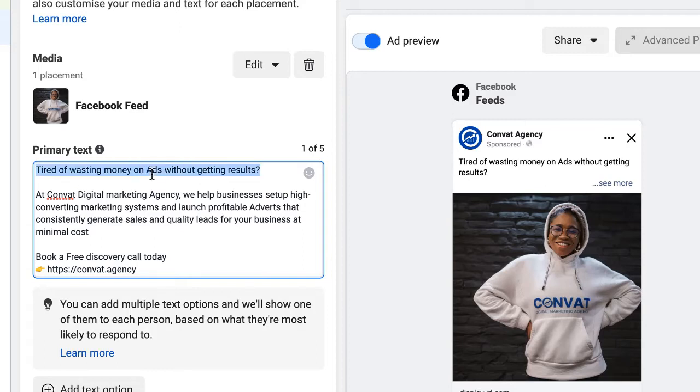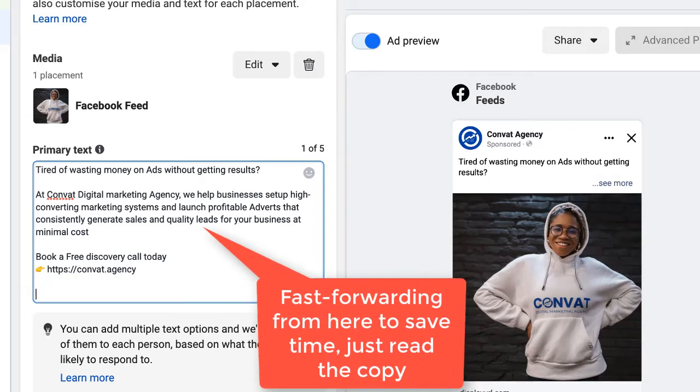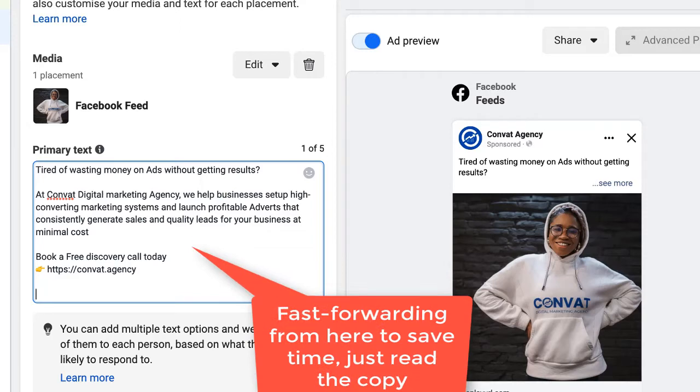So here is the thing. If I want to just elongate this particular copy and probably just make it longer and test some things, maybe test short, medium and long copy, I can say something like